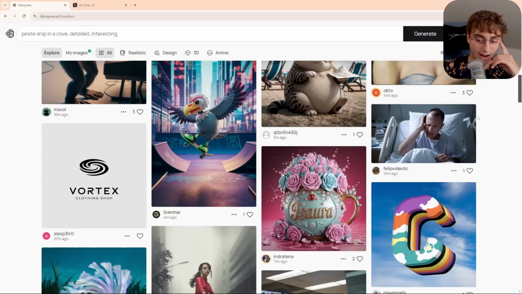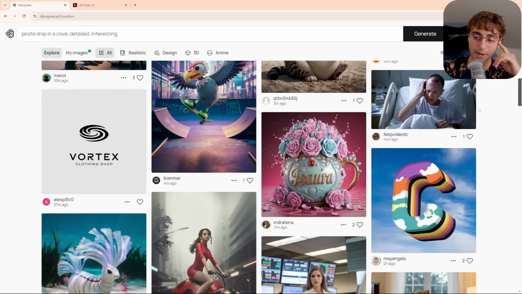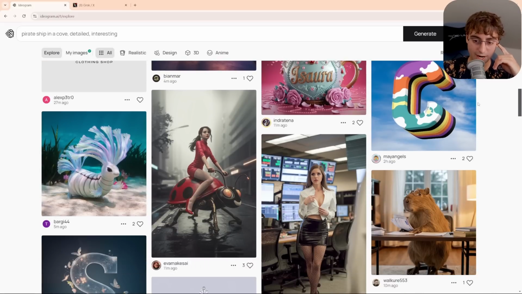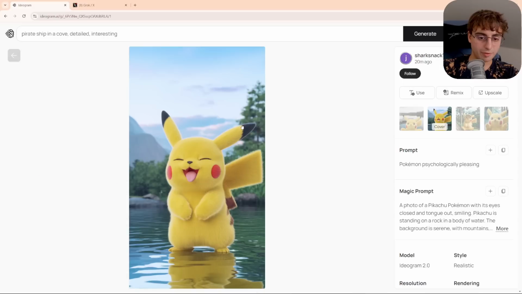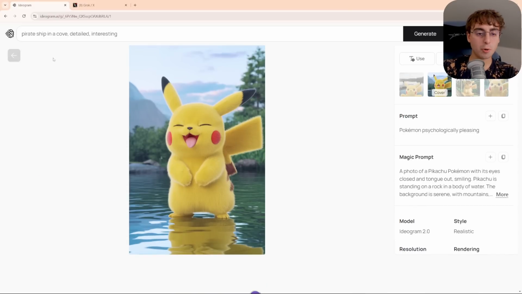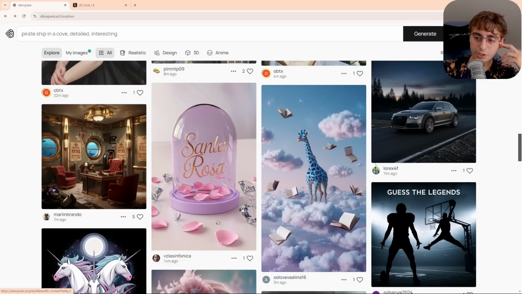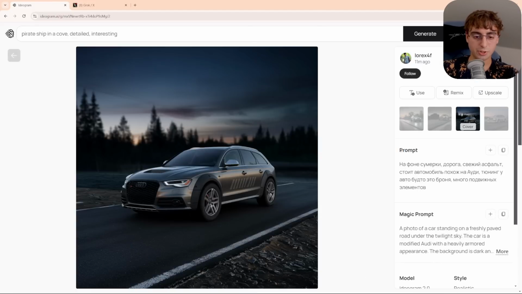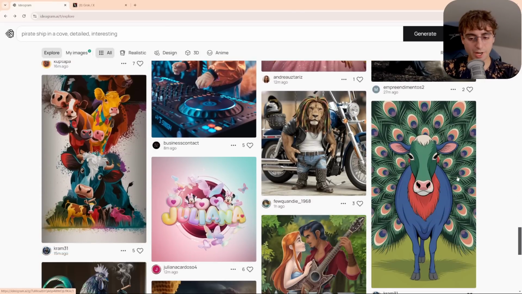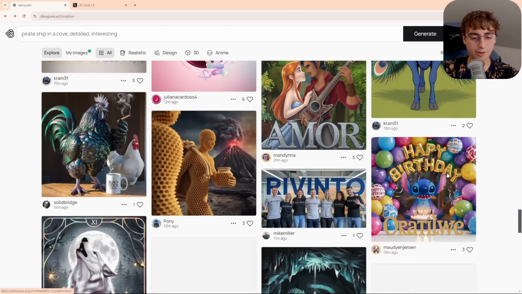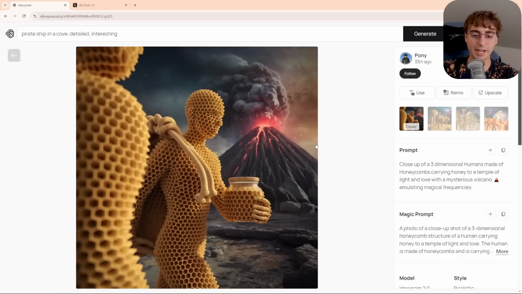I mean, truly, it's kind of my go-to, and it's been my go-to for a long time now. It can get pretty uncensored, as we can see in this example. We've got a perfect Pikachu Pokemon art. The list really just goes on in terms of the different capabilities that it has to reproduce. I know there's a lot of diehard Midjourney fans out there, but I seriously encourage people to give Ideogram AI a shot. It's worth checking out.